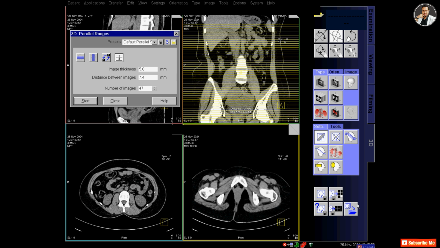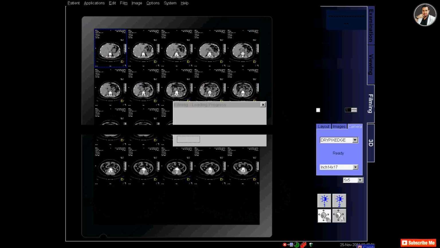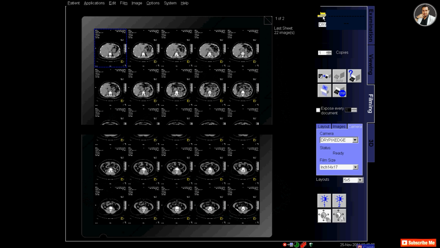So I am making 47 axial non-contrast images, and save and send it to the filming.